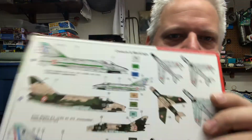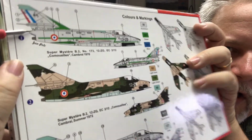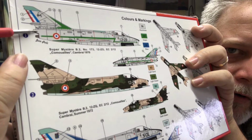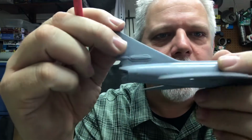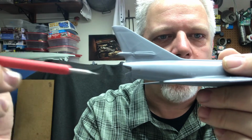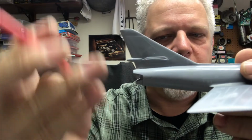You can see on this aircraft that the afterburner can is actually not aligned with the shroud. This part right here that my pointer is on is a shroud that overlaps the actual afterburner can, which has kind of this bivalve directional thing, these vanes that are supposed to sit inside. And so you have to get those inside this shroud. They have to sit inward. If you follow the instructions, they stand proud by a good 4 or 5 millimeters,